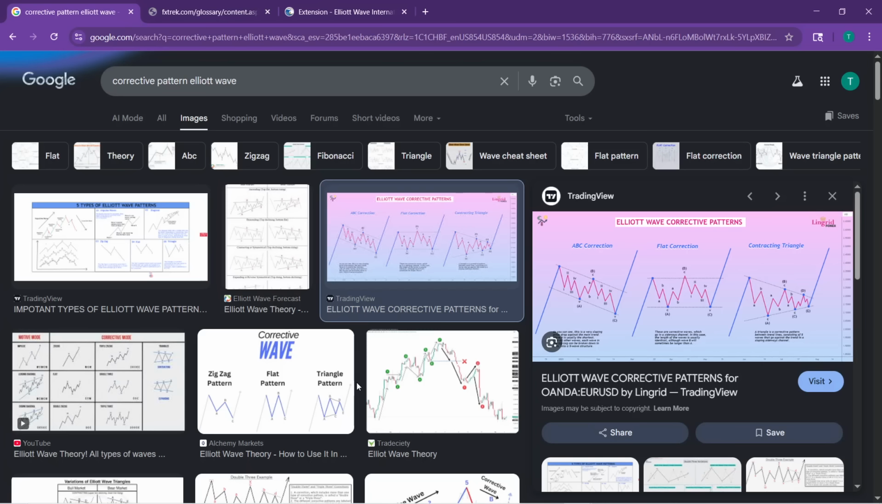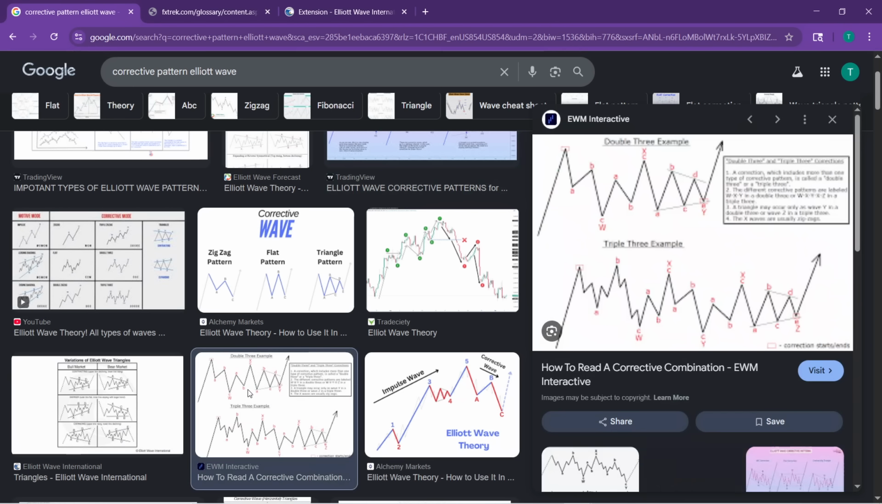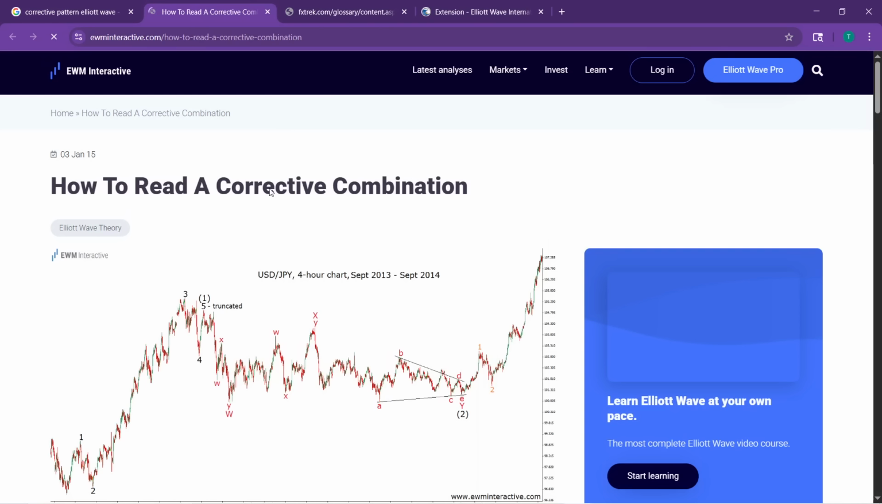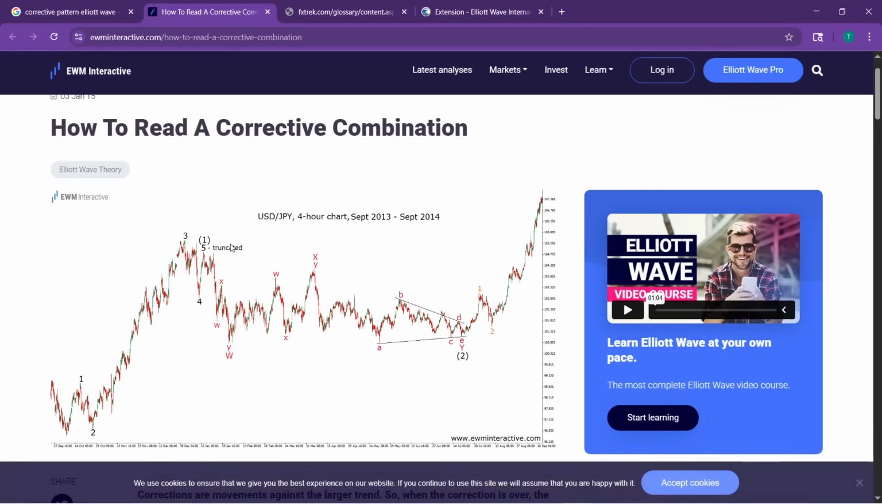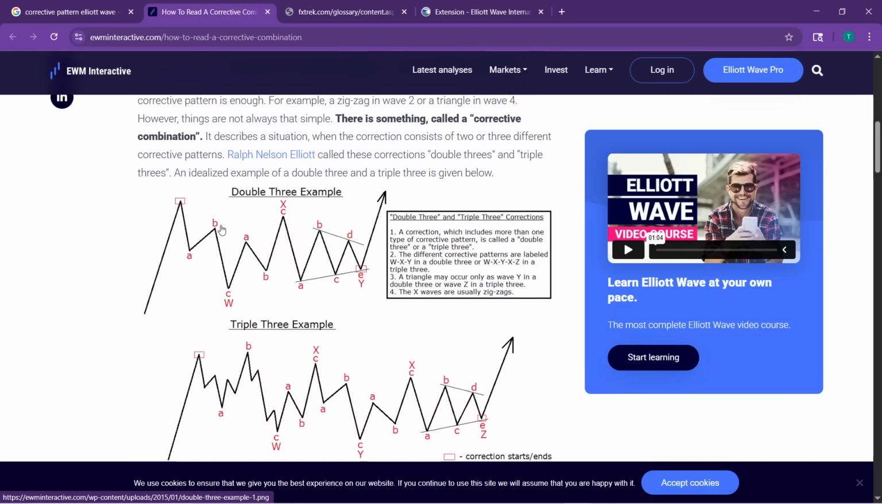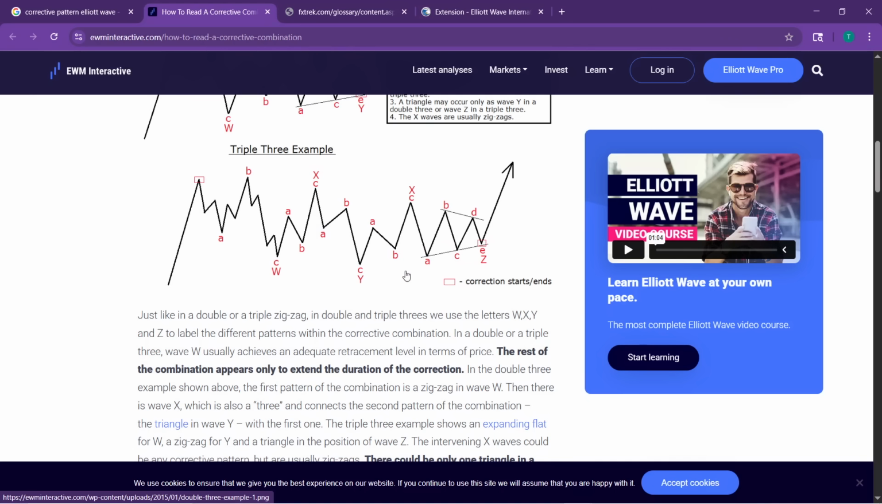Now sometimes you may have a combination of these, so like a double. I'm going to zoom in here real quick. Okay, maybe I should get in the picture. And no, truncated fifth. Look at that. These guys have a truncated fifth because of the third wave. That's not what we're looking for. What we're looking for is right here. This is a double three example. So you have an ABC which establishes W, ABC which establishes X, and then ABCDE which establishes Y, which is basically a combination of corrective patterns,